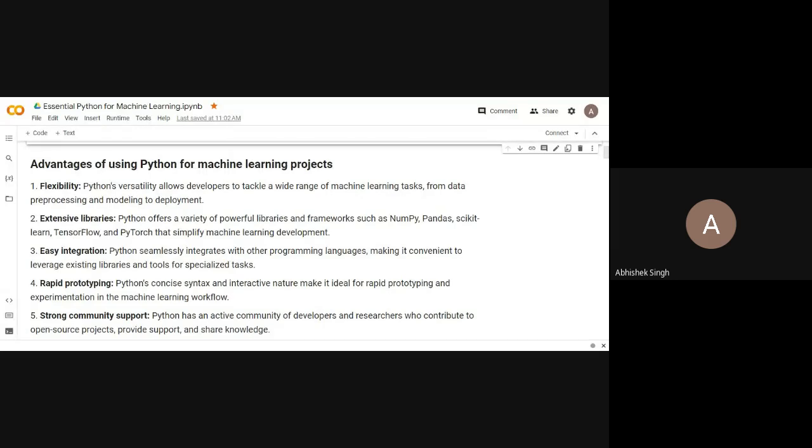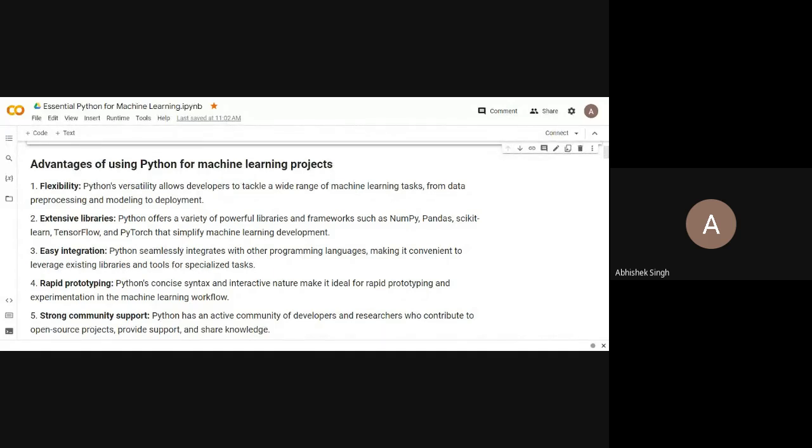Python offers a variety of powerful libraries and frameworks like NumPy, Pandas, which is a data analytical library, scikit-learn for machine learning, TensorFlow for deep learning, PyTorch for image processing. So there are plenty of options which these libraries give along with Python. Python is easily integrable with different other programming languages.